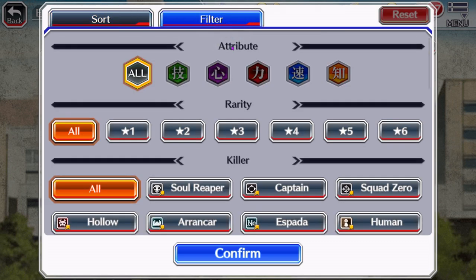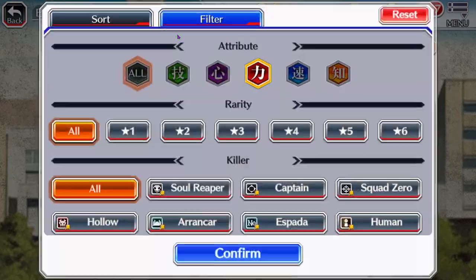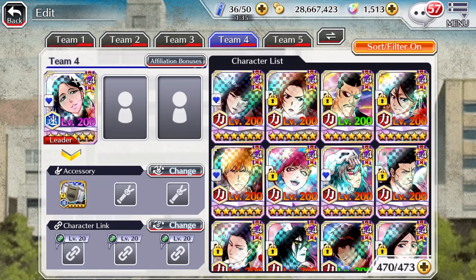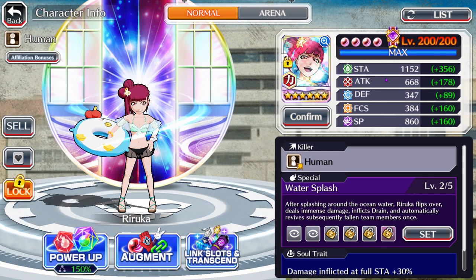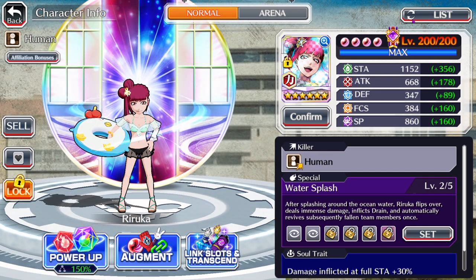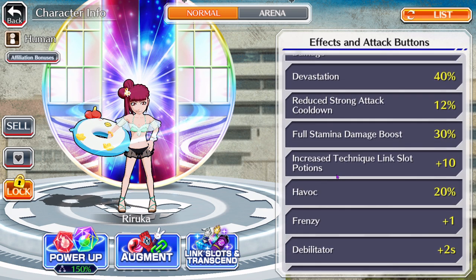I'm going to go to the power attribute to give you guys a good example. So a perfect example, let me take my filter off real quick, of a potion farmer would be this swimsuit Riruka right here. Now, you go to a character, and how do I check if they are a link slot character? All you need to do is go to their skills, and it'll tell you right here,